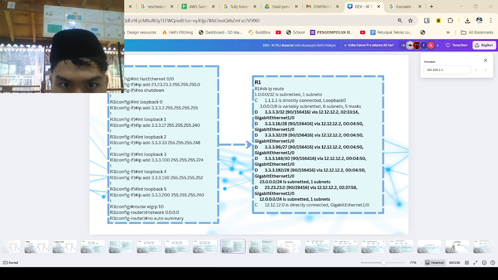And over here we have the explanation of redistribution. So as you might see, R3 creates multiple loopbacks with different masks like /32, /28, /27 until /24, all under 3.3.3.x. And R3 runs EIGRP 10 and advertises everything. It will use network 0.0.0.0 as a shortcut to include all interfaces. R1's routing table shows all these 3.3.3.x routes learned via 12.12.12.2, or R2.